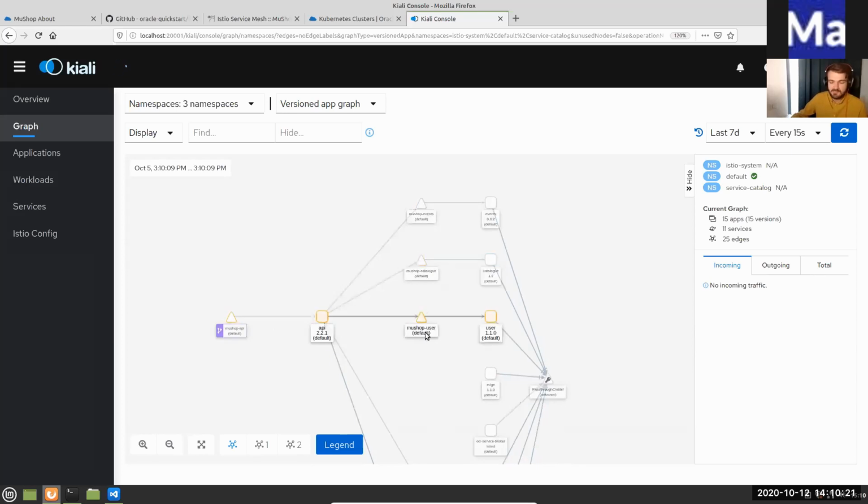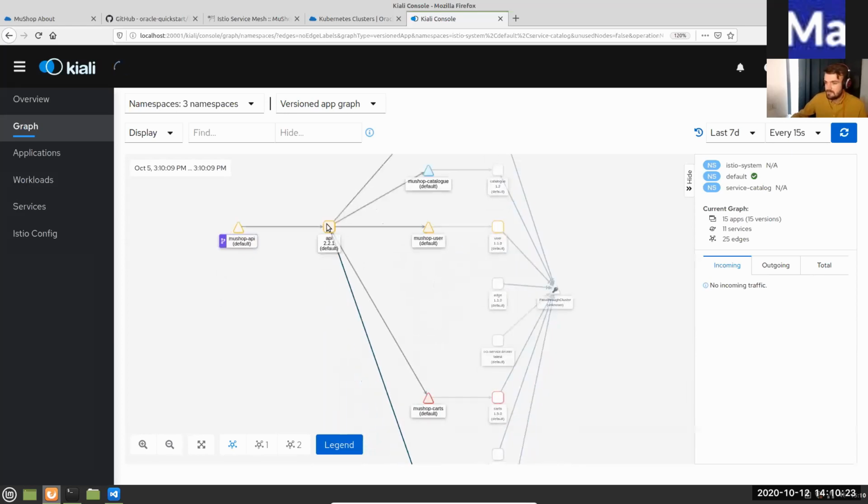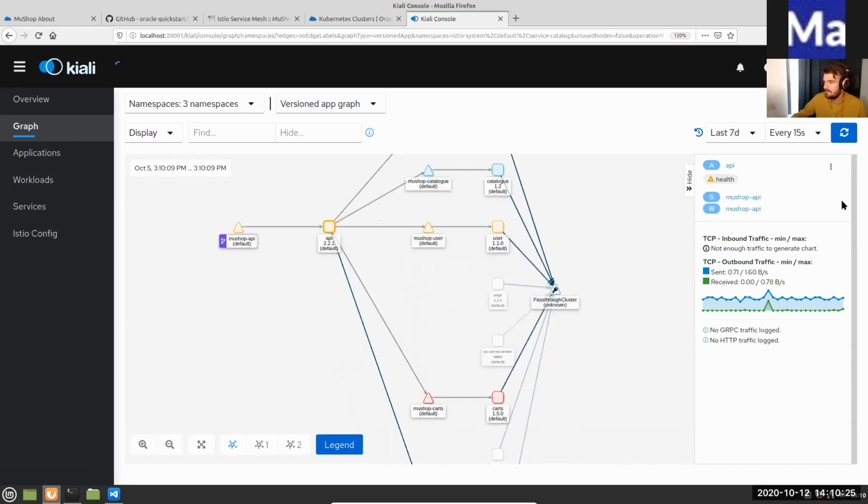Our microservices, actually. So here, for example, if I click on the API and drill down to the traffic which passed through the API microservices in the last 7 days, you are going to see some statistics regarding the traffic sent and traffic received. Of course, I don't have a lot of traffic here in the system, but imagine that you would have a much broader picture if you had a production system here. The data is going to be really, really interesting.